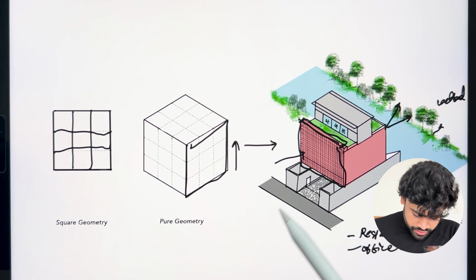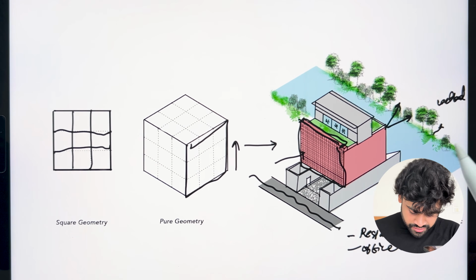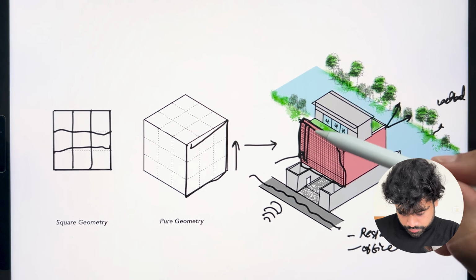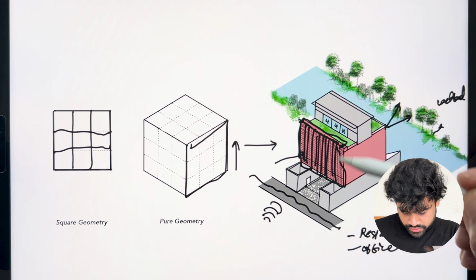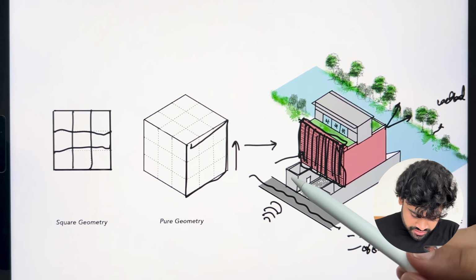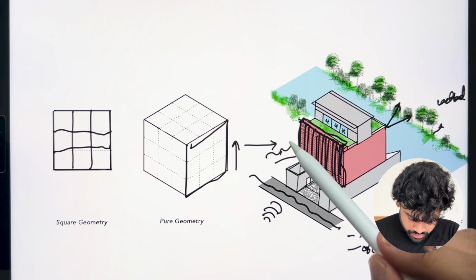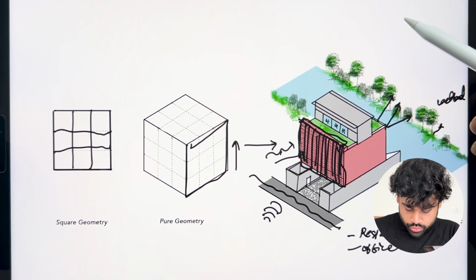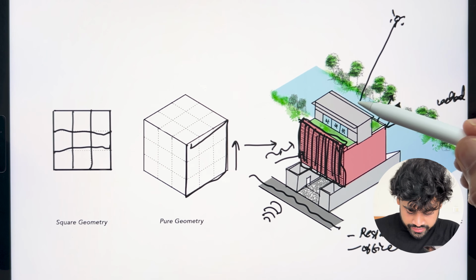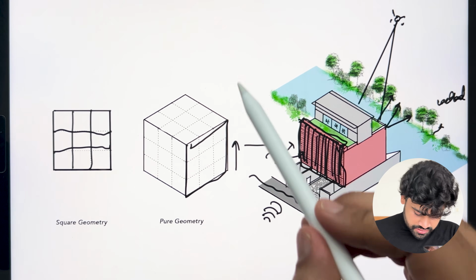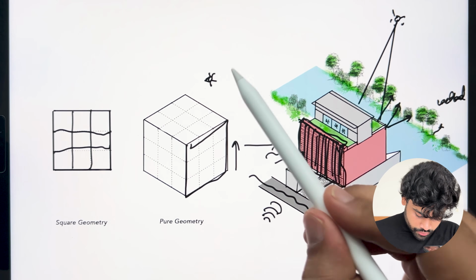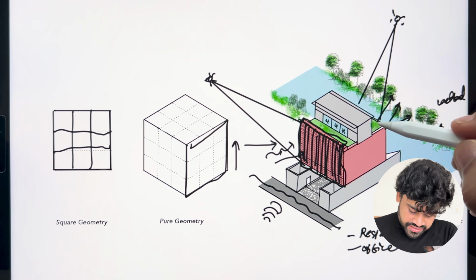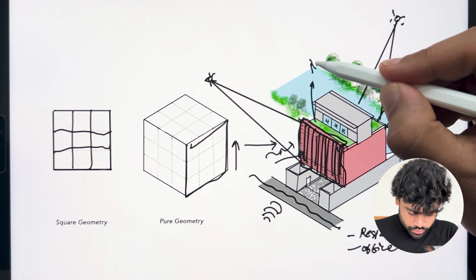As well as in the front there is a hustle and bustle, so to avoid the noise of the surroundings, he has put a buffer wall in front of the main elevation. So this wall protects the house from the direct noise, and it is open from the back side, which gives natural light inside the house. As well as the front facade is the west facade, so this buffer wall also protects the house from the direct sun rays. So at the roof he has added a roof garden which makes the house cool in the